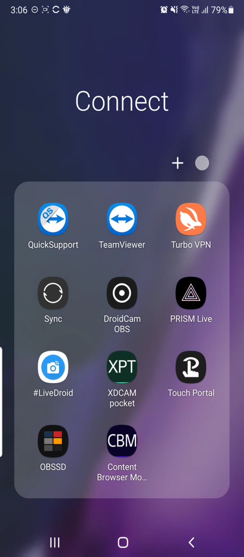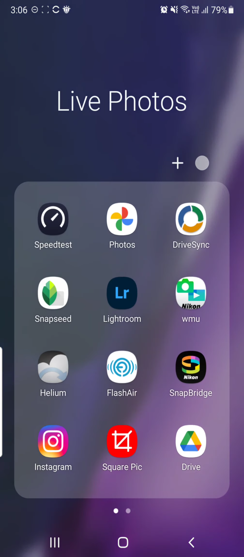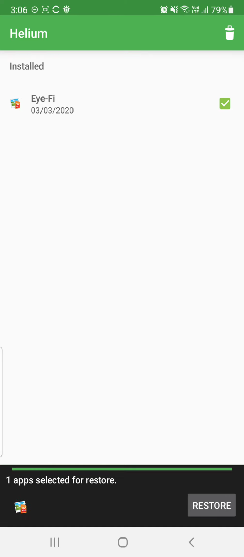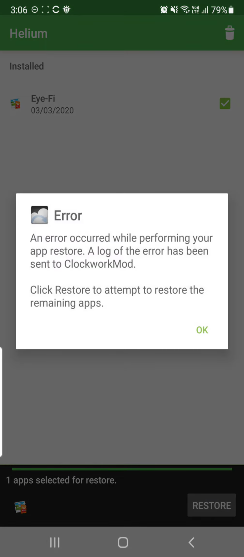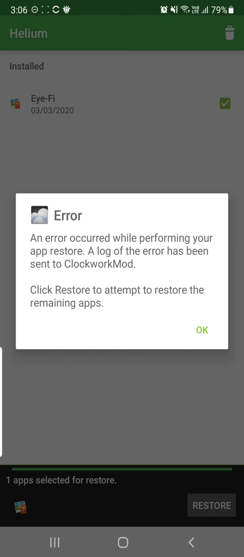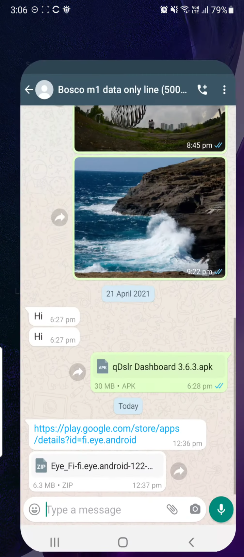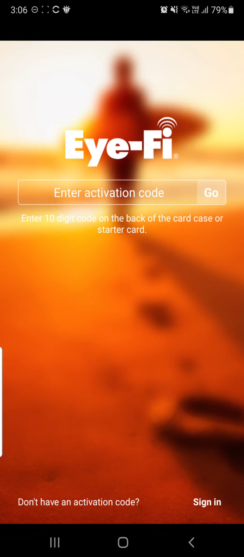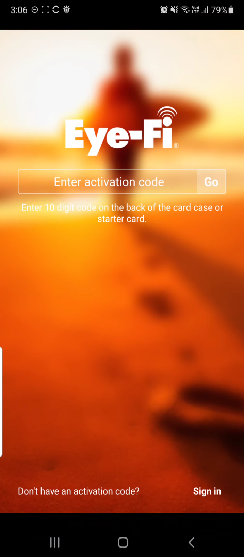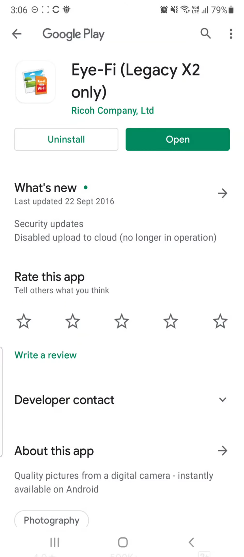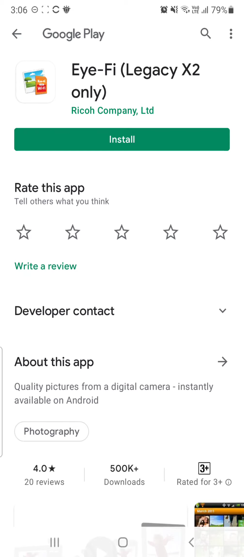So I'm going to go to this Helium app. If I go to internal storage, this is the backup where I always used to do. When I try to restore, it will say this: an error occurred while performing your app restore. So I can't even do an app restore now on Android 11. If I go to the old Play Store and try to install the app that I tried to restore, notice that there's no error stated. I'm going to just uninstall it quickly to let you see